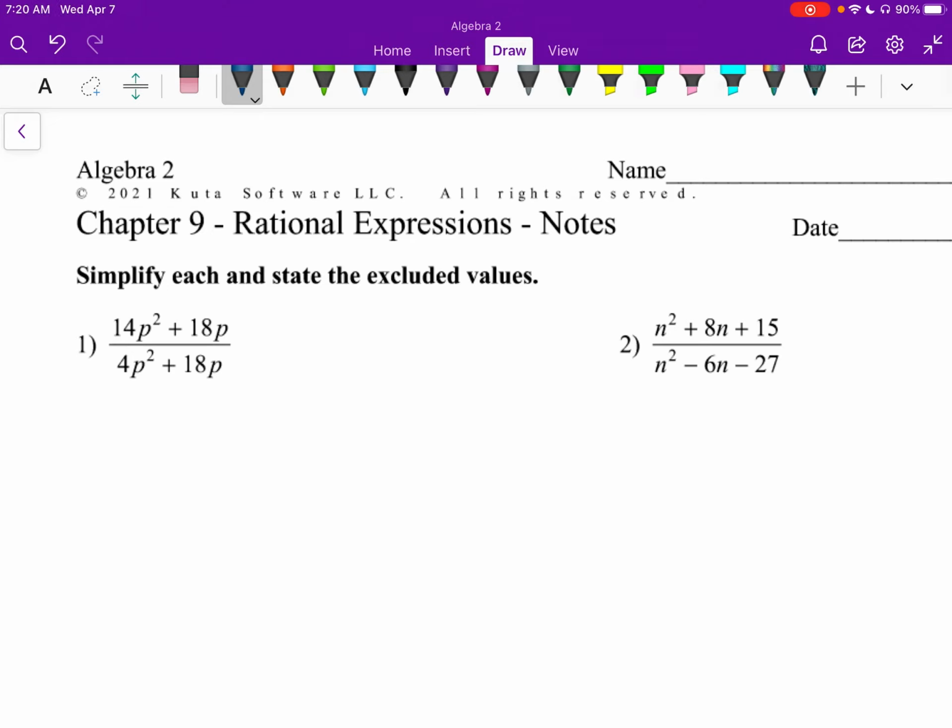Simplifying, whenever we have ugly fractions like this, we know we're going to have to cancel things out on top and bottom. So what we're going to do is factor as much as we can, top and bottom. We're going to find what would give us 0 on the bottom, and then we're going to cancel everything out and simplify it. So starting off here, number 1,